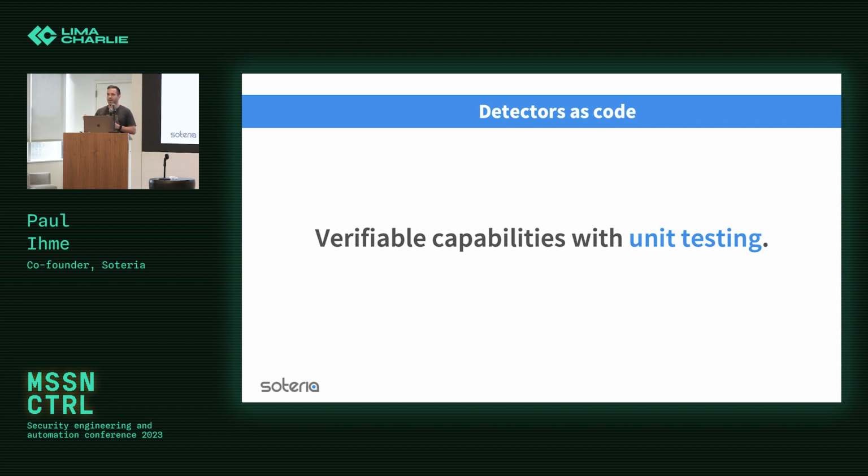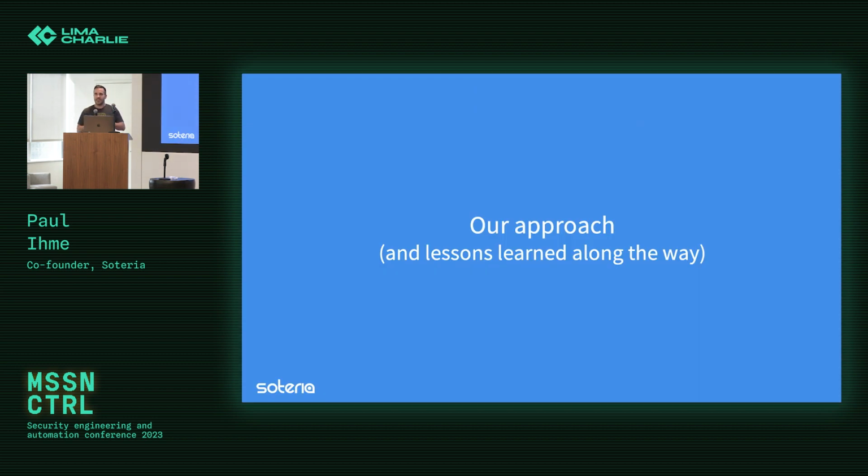That way you kind of have those roadblocks in place. That way if somebody does make a typo, it doesn't destroy your ability to detect a capability. So that's sort of the background and the goals that we want to achieve with this. So I'll talk about the way that we've approached this and some of the lessons we've learned along the way.